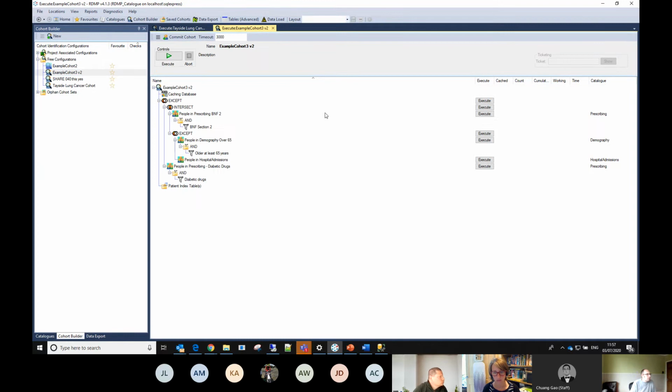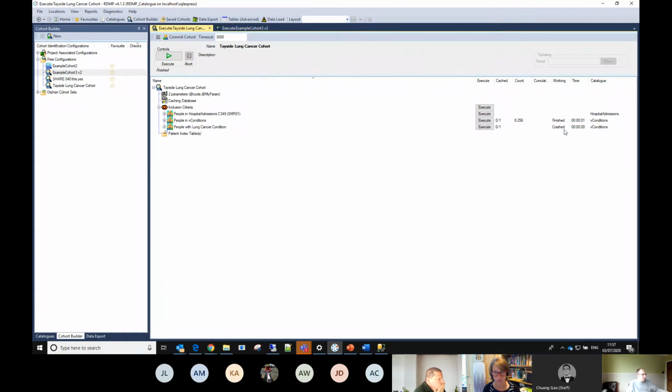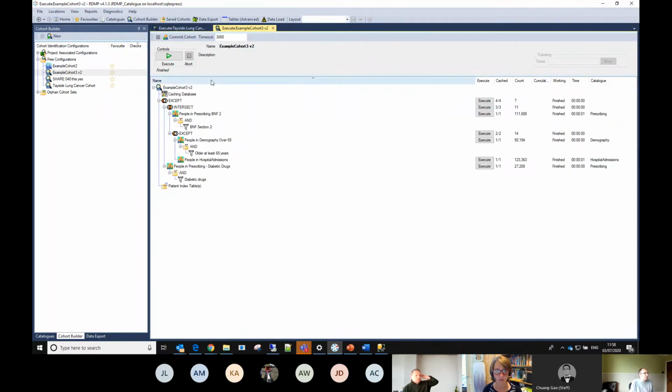I'm going to go on to the reason I've chosen another configuration to run. The reason I've picked another one is that this one crashed when I ran it. And I'm not too concerned about it crashing because I know I've been fiddling with it in some other presentation. So I've probably just added something that doesn't work. But rather than get bogged down with figuring out what's going wrong now, I want to show you one that's actually running. So I'm more than happy to go back and look at the reason it's crashed if we've got time to do that later in the session. But for now, I'm going to stick with going through what's going on and show you what else you can do.